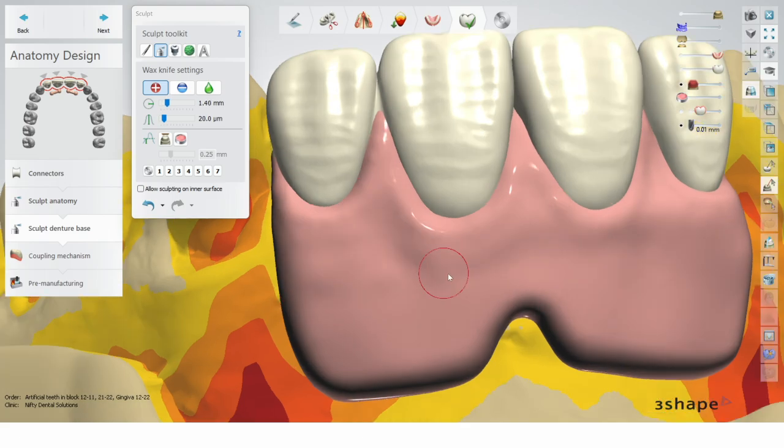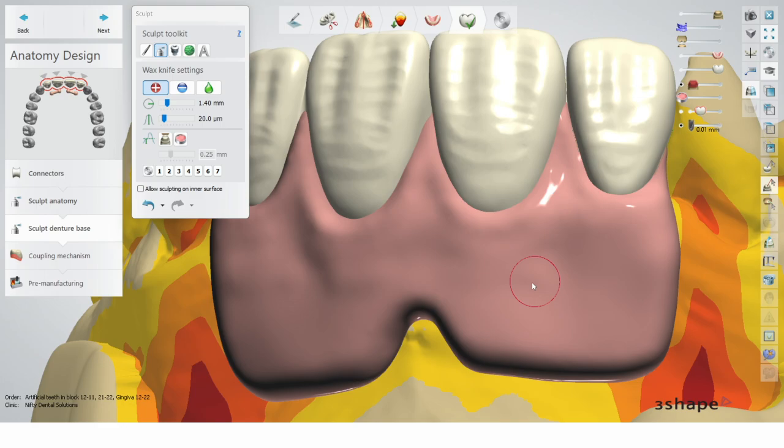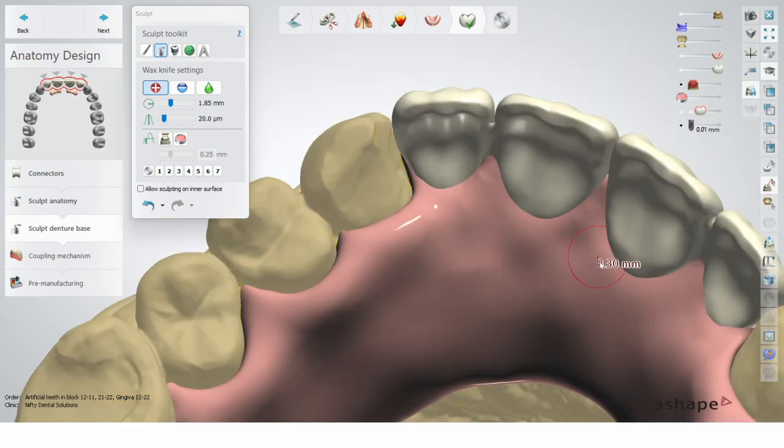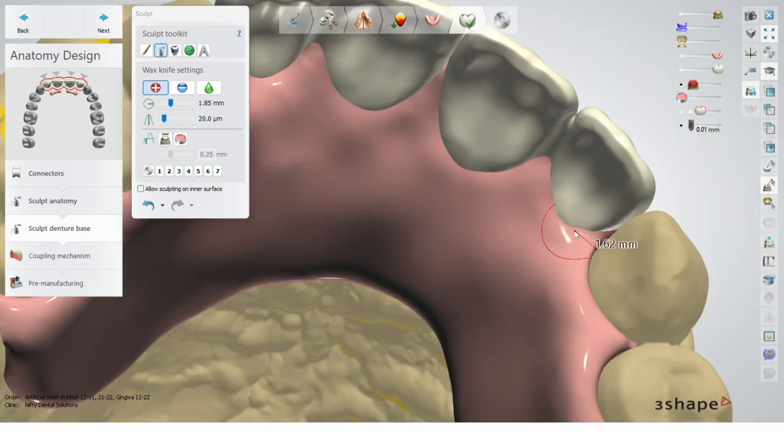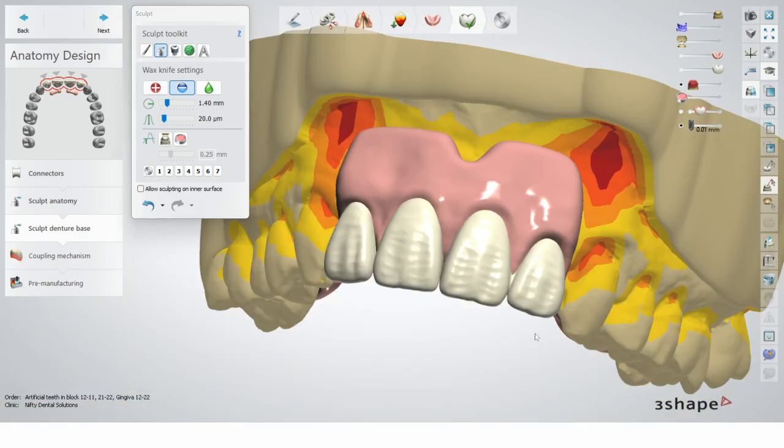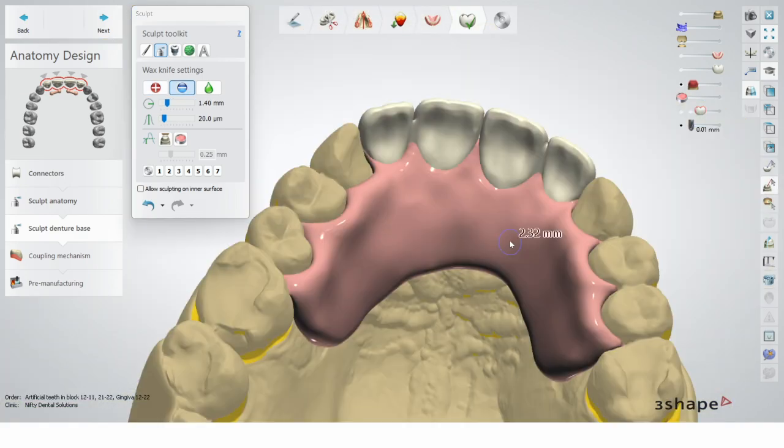We can put like a Fresnel if you want. So it's entirely up to you how much time you want to spend on the denture base. I love to contour the denture base. It's one of my obsessions. But let's move forward, otherwise we're gonna stay here for hours.